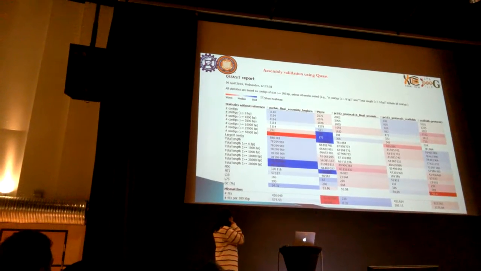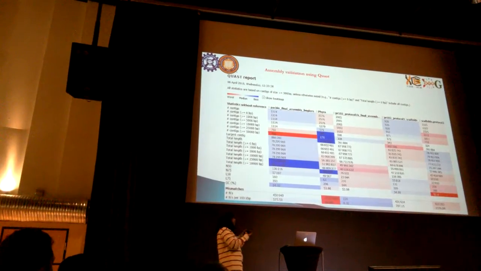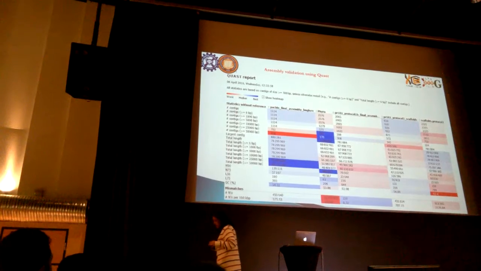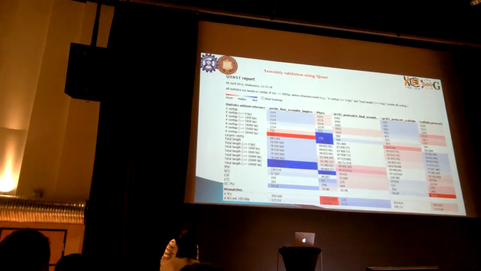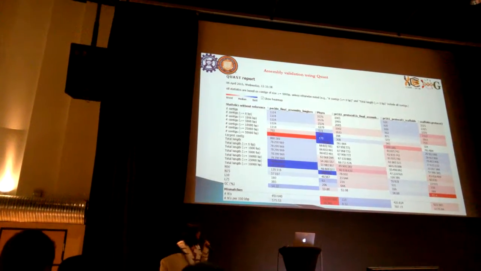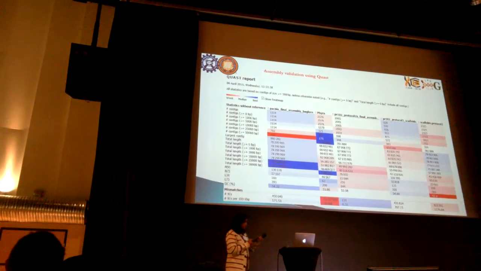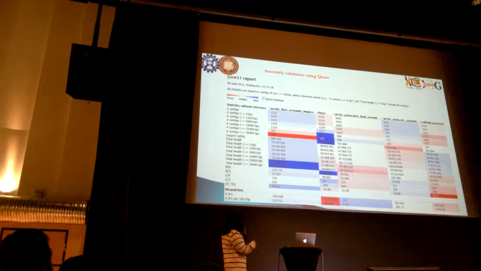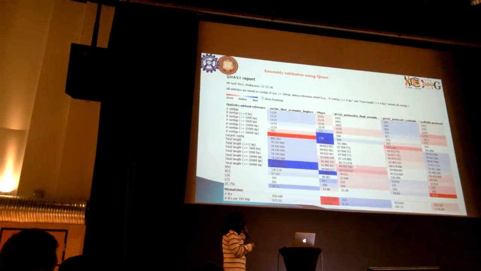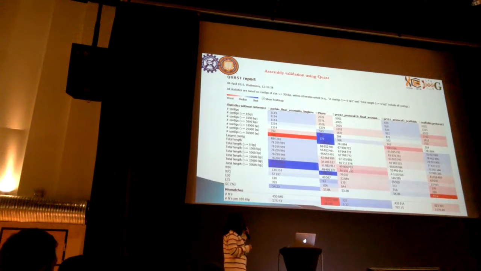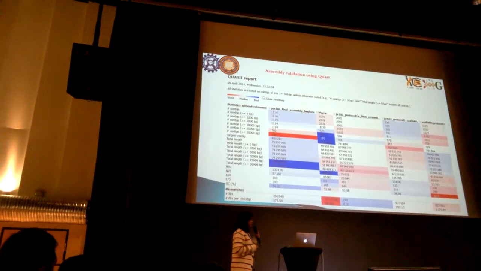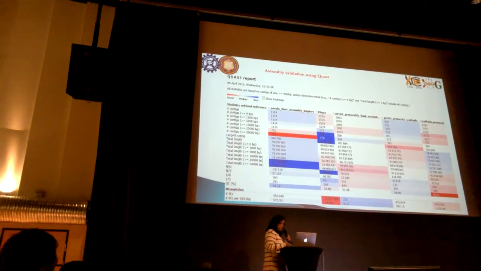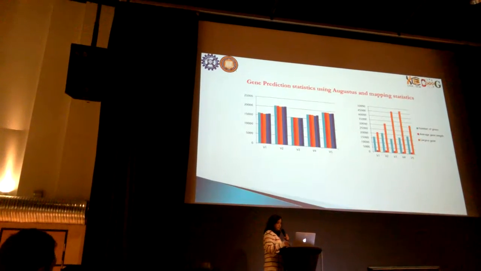But this is our assembly where, although there is not a lot of blue, we still accept it because the largest scaffold is not that big, but all the scaffolds are long enough for us to find most of the genes.